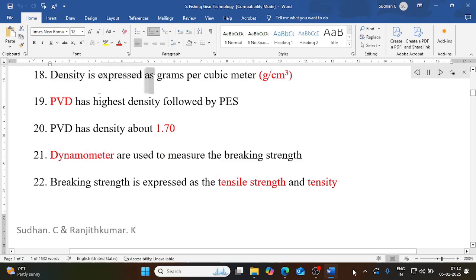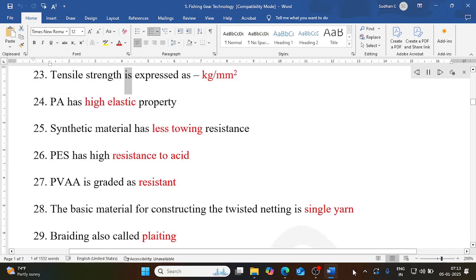Density is expressed as grams per cubic centimeter, g/cm3. PVD has the highest density, followed by PS. PVD has a density of about 1.70. Dynamometers are used to measure the breaking strength. Breaking strength is expressed as tensile strength intensity. Tensile strength is expressed as